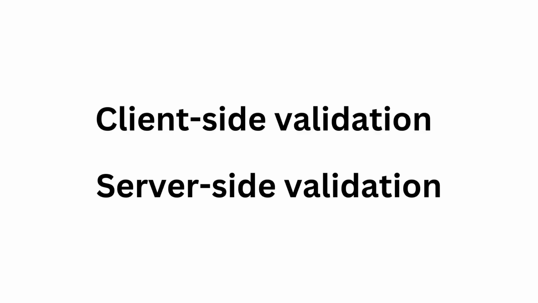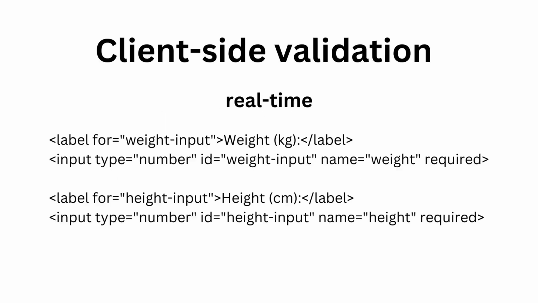Client-side validation checks for errors in real time, as soon as the user types in the data. This is done using JavaScript or the web browser, which instantly provides feedback to the user. For example, you can use the number input type to ensure that users only enter numerical values for their weight and height. If they enter a non-numeric value, the web browser will display an error message telling them that the